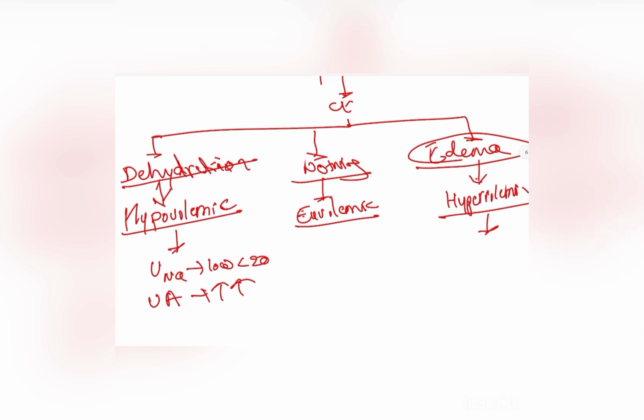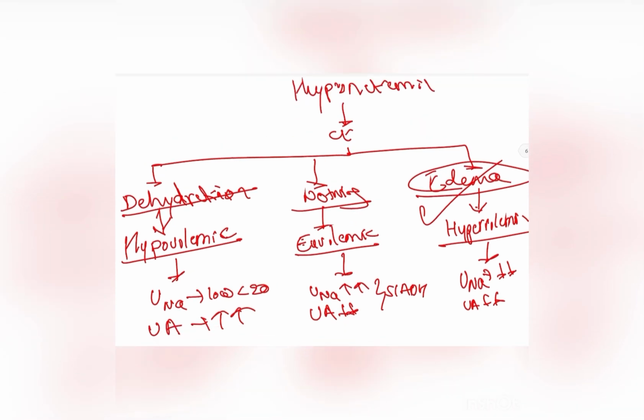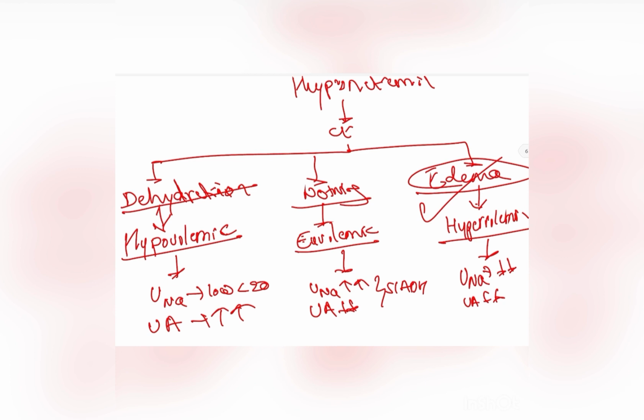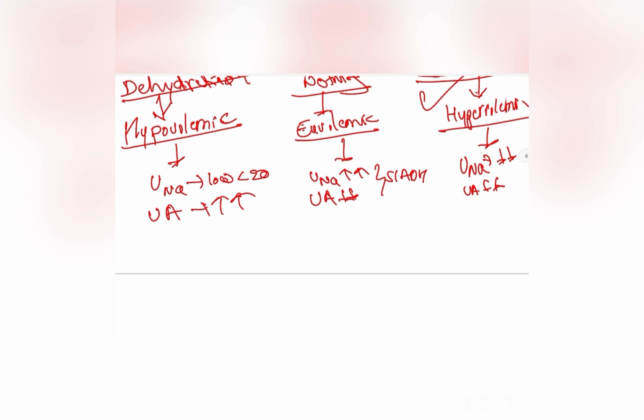In hypervolemic hyponatremia, urinary sodium is again low, uric acid is low, but edema is present. So this is a clear-cut diagnosis because of edema. But in euvolemic hyponatremia, urinary sodium is elevated and uric acid is low, which goes in favor of SIADH, provided we rule out pituitary and thyroid diseases. So this is how we in general diagnose hyponatremia. The Harrison chart is quite complicated by certain useless conditions which are not frequently encountered.